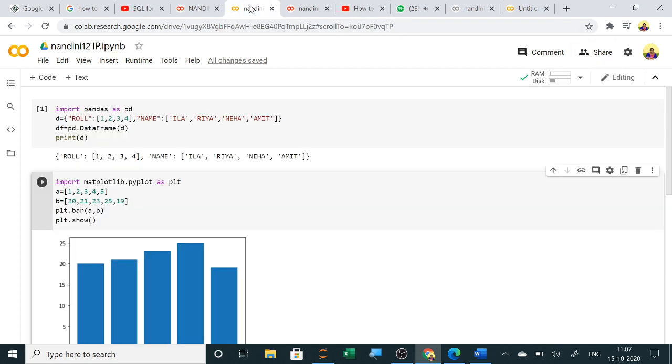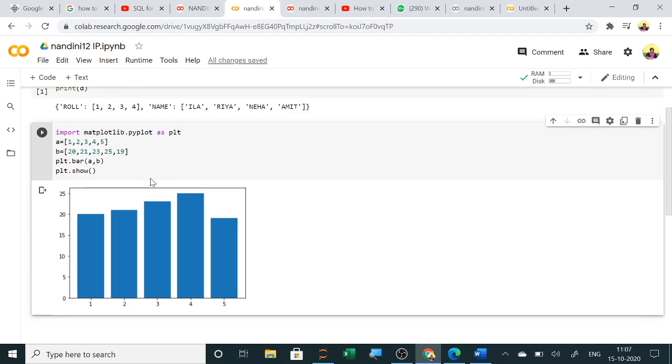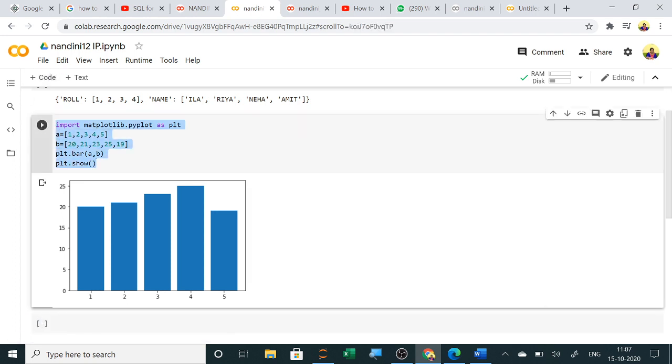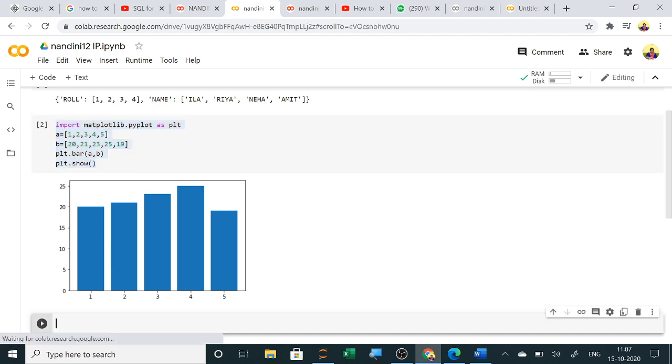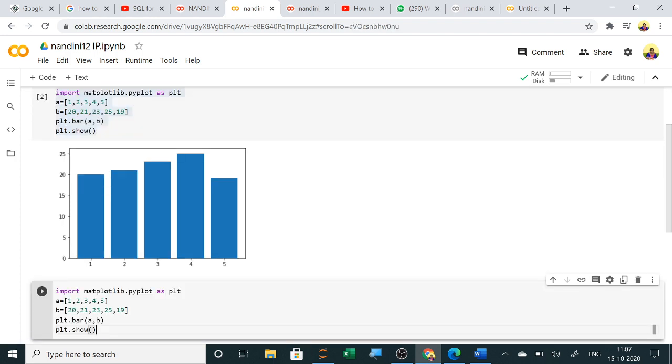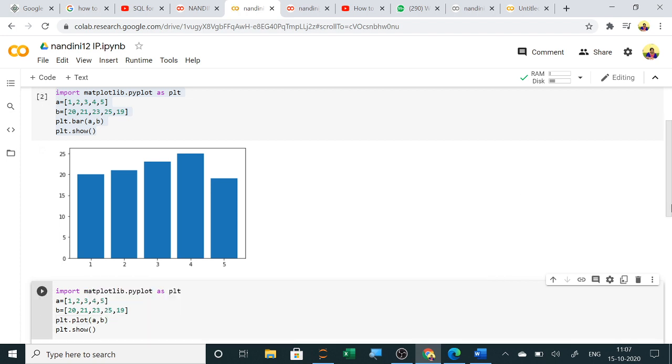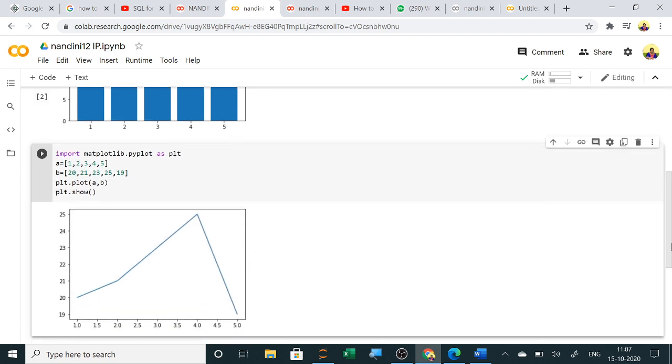So all your projects, now the IP students, you have pandas and you have your pyplot, so very easily it gets executed. Nothing I have done, I am simply adding a code and then I want to plot a line. So you can see what I am doing here. I am simply using Google Colab and I have used plot, and now when I execute it, it will show here. Some students were having problems executing it on mobile. Now you can see the output.